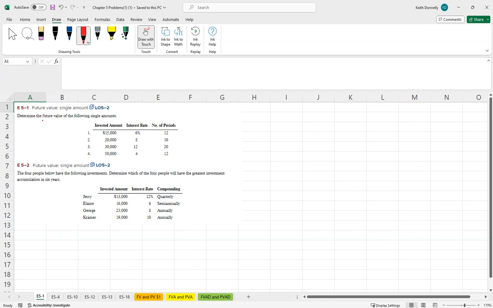They want us to determine the future value of a single amount. So this is the future value of $1, of a single amount. What that means is we're probably going to be using these tables over here. So we'll do 1 and 2 here. So $15,000, 6% interest rate, number of periods. It looks like we'll do 15,000